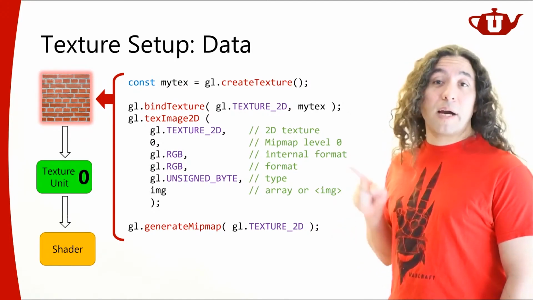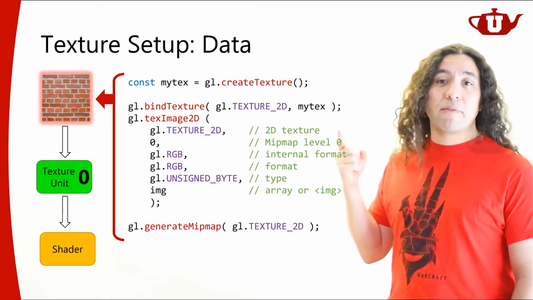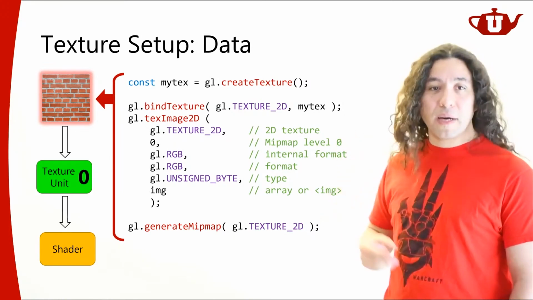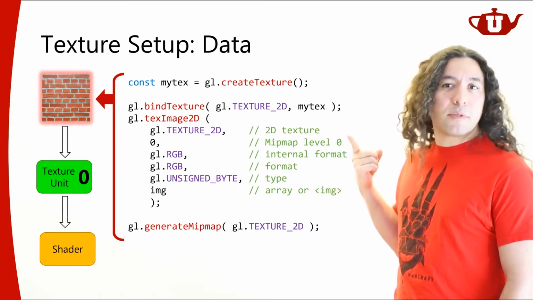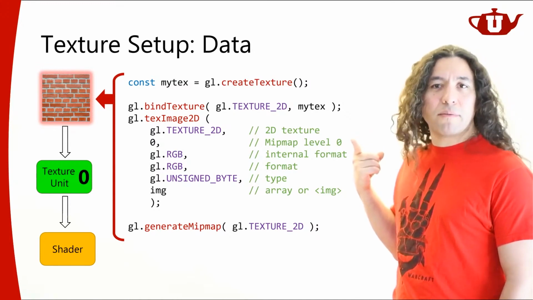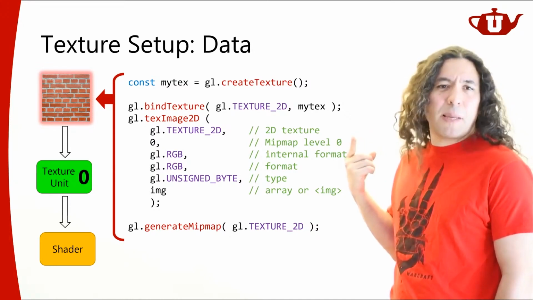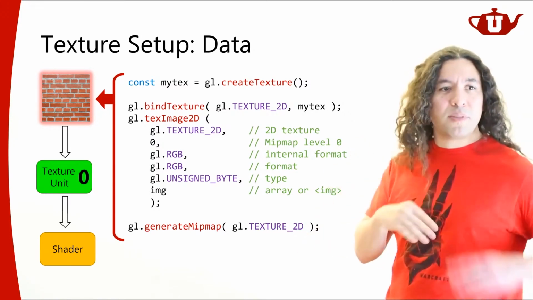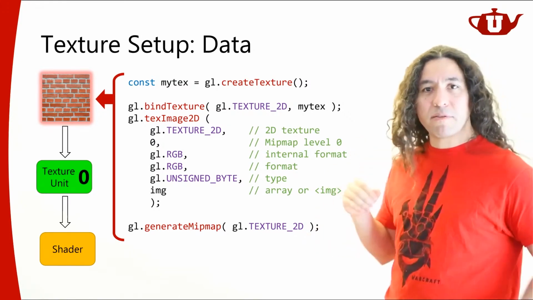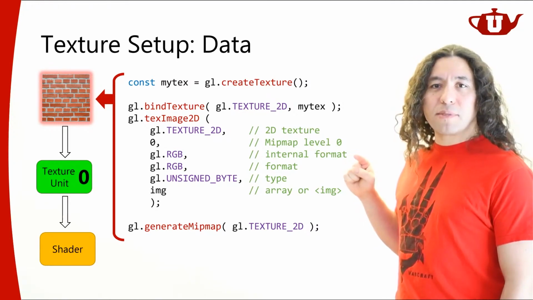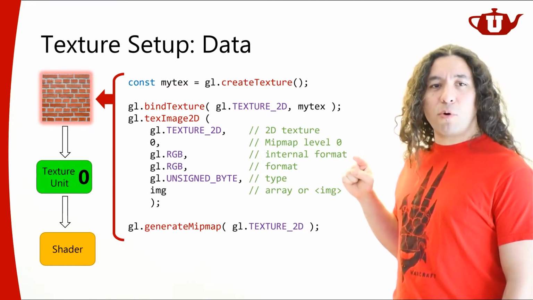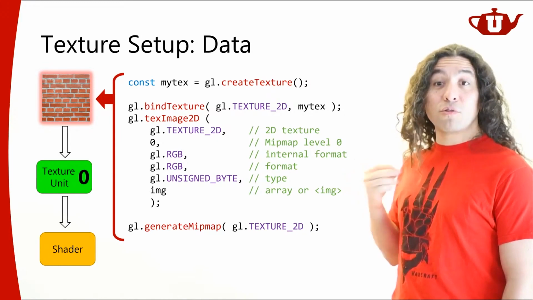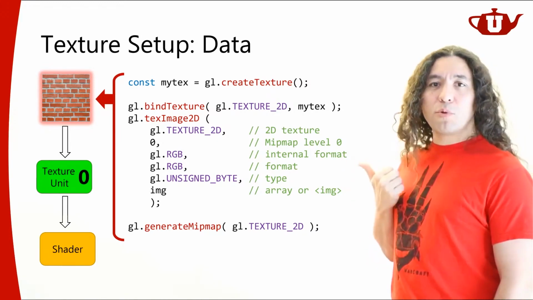Or if I don't like them, I can just say, hey, now mipmap level 1 data is this, and I can specify that. That's an option. So that's why I'm saying I'm setting level 0. Typically that's what we're going to do. We're going to set level 0, and we're going to let our GPU do the pre-filtering for us and generate all the mipmap levels. The next one, I'm saying, hey, I would like you to store red, green, and blue values.